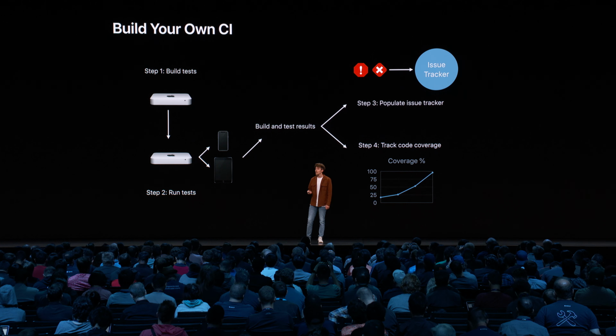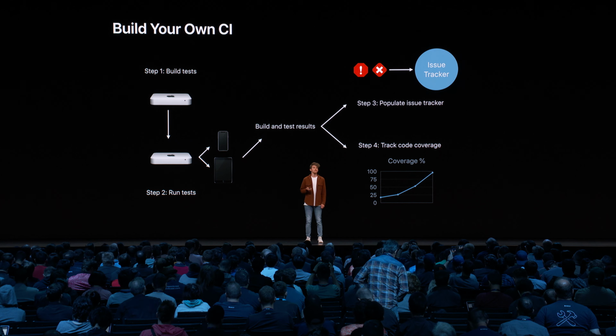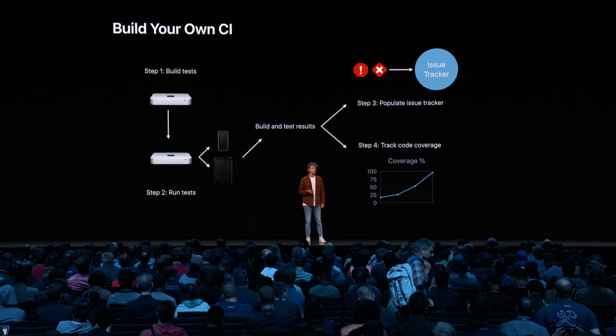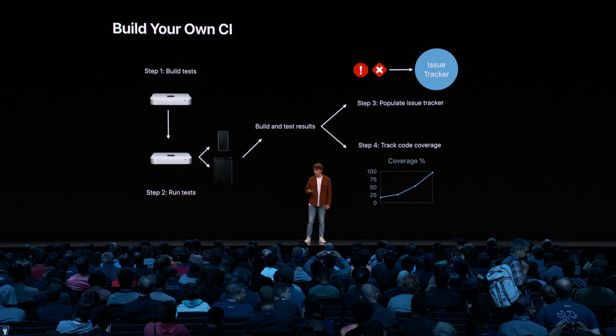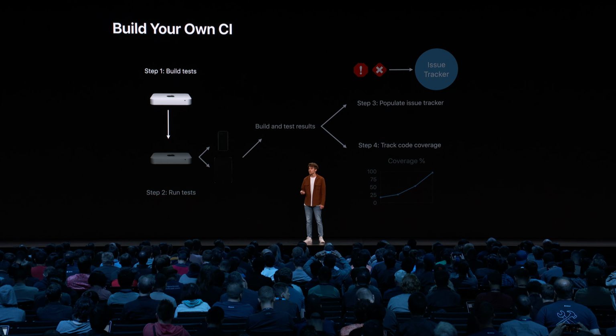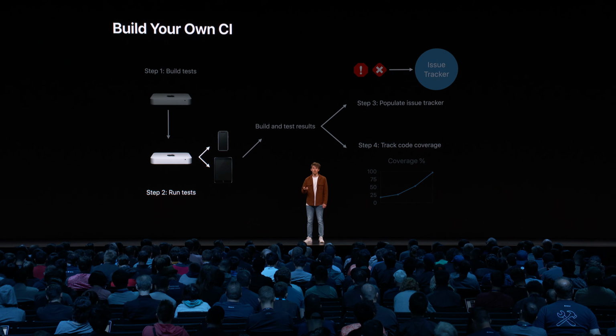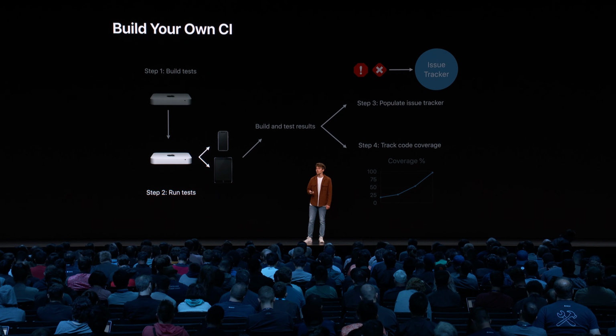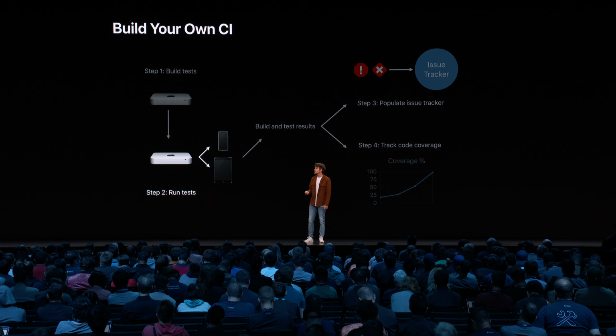In this section of the talk, we're going to focus on option 2 and learn how to build a completely custom continuous integration pipeline. End-to-end, our pipeline will be composed of 4 steps, involving the use of different tools at each step. In step number 1, we'll build our tests on a dedicated builder machine. In step 2, we'll take the tests that were built and execute them on a suite of devices. These devices will be connected to a second machine that we've set aside for running the tests.